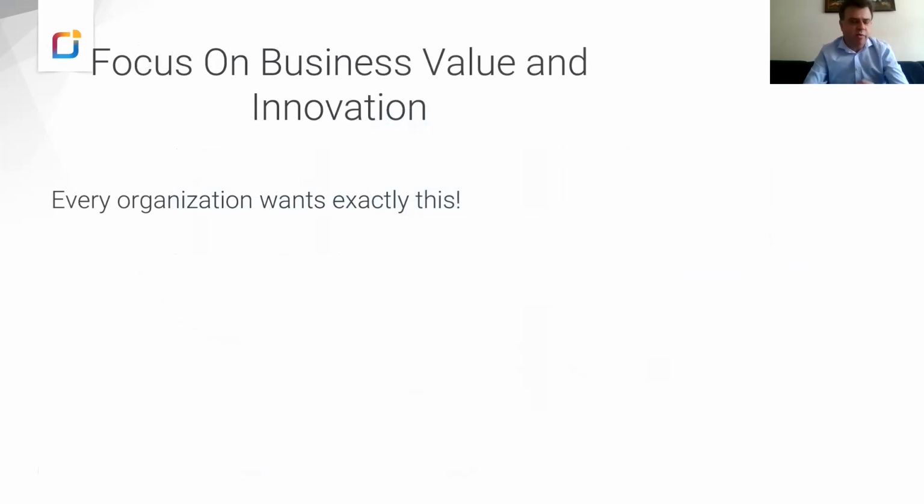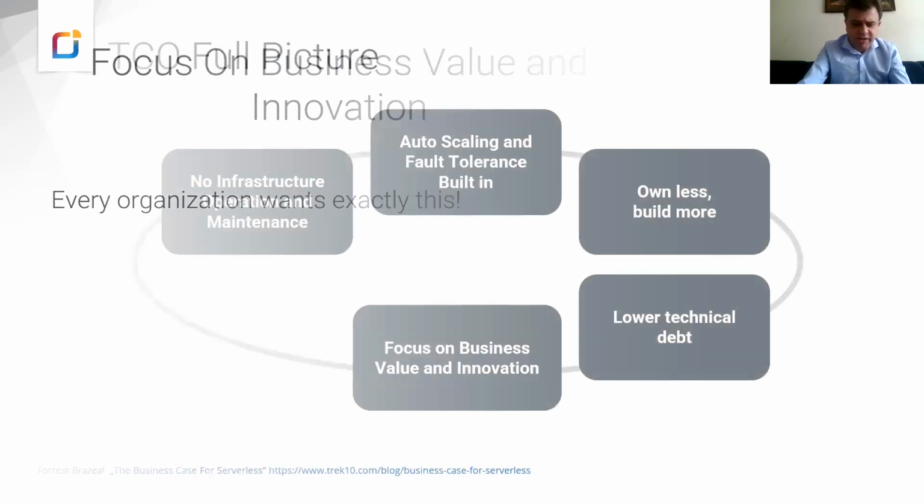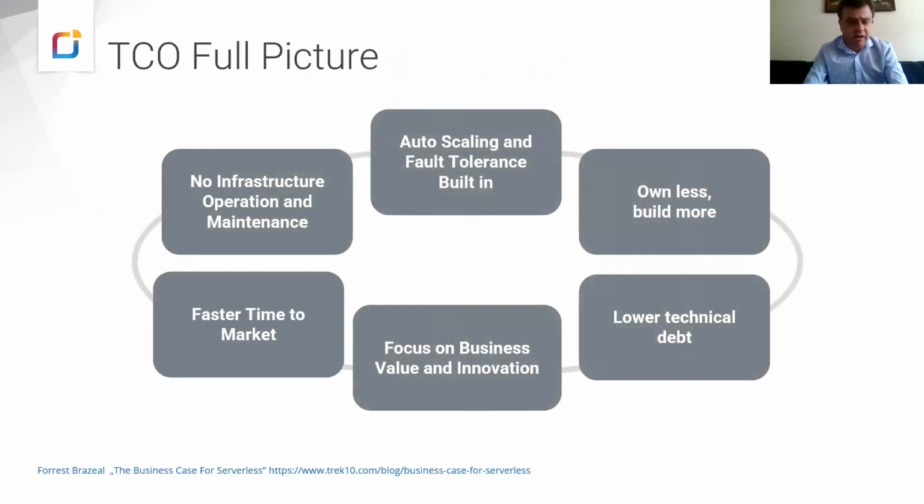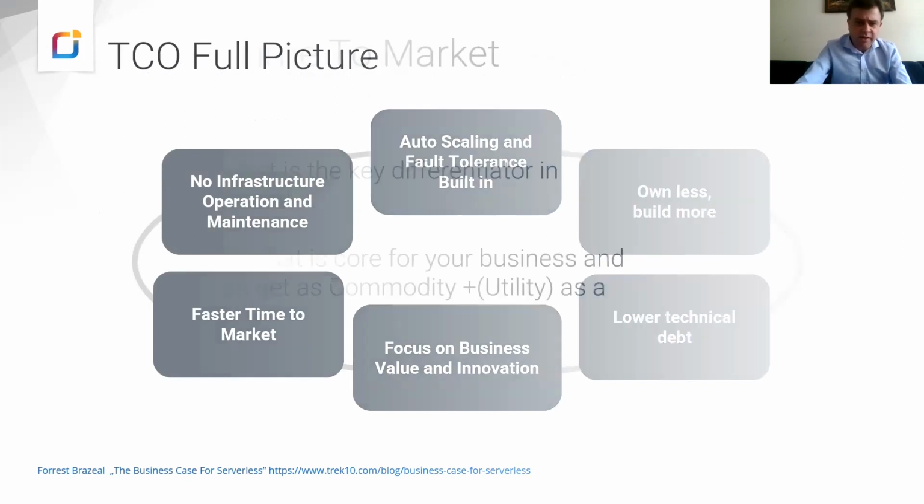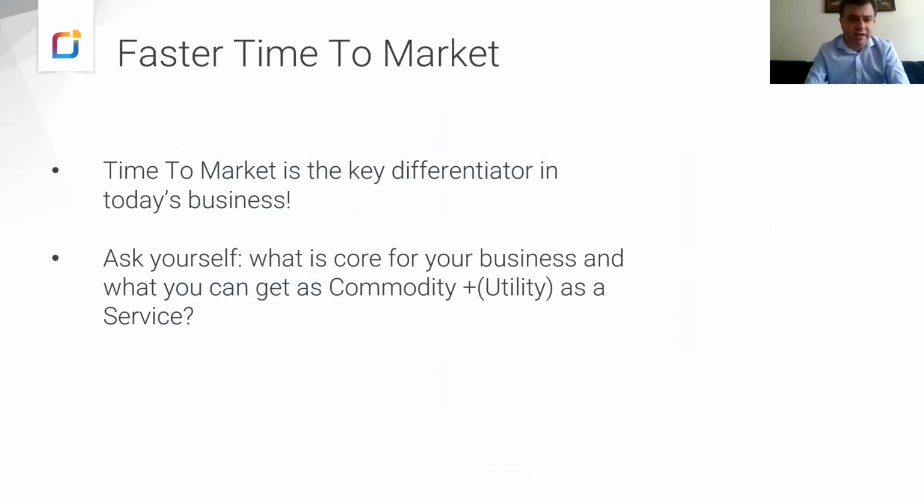Yeah, so everyone wants to be innovative and just produce business value. And just, to close the cycle, this all will allow you faster time to market. And time to market is the key differentiator in today's business. So ask yourself, what is the core of your business, and what is the commodity utility, thinking in terms of Wardley maps, which has to be outsourced